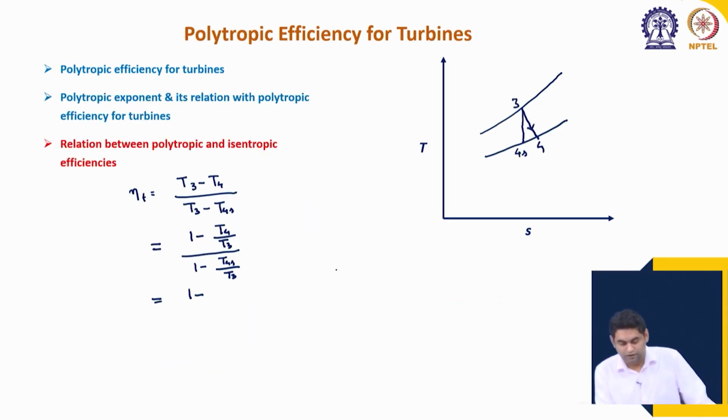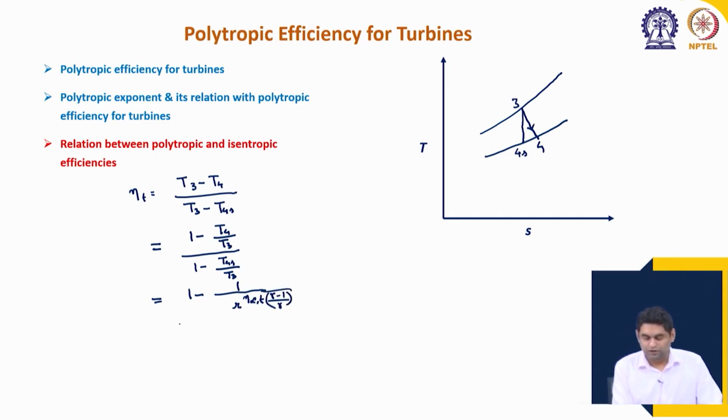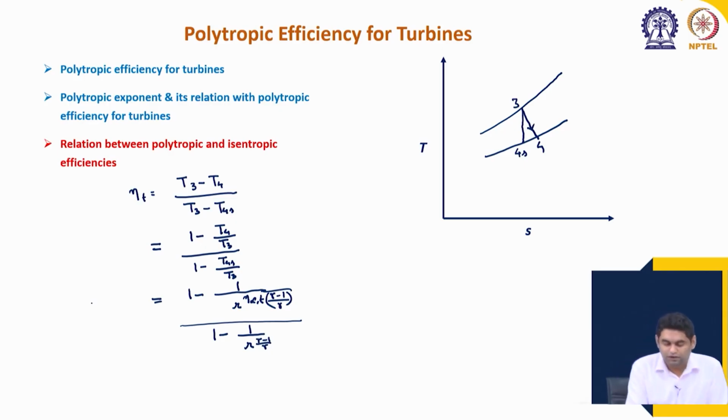So, this is 1 by r to the power eta infinity T gamma minus 1 by gamma, a known quantity at this point, divided by 1 minus T4S by T3, which is isentropic, so 1 by r to the power gamma minus 1 by gamma. So, this is the relation